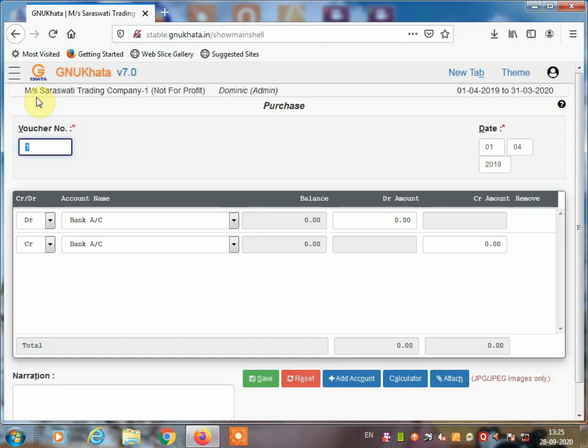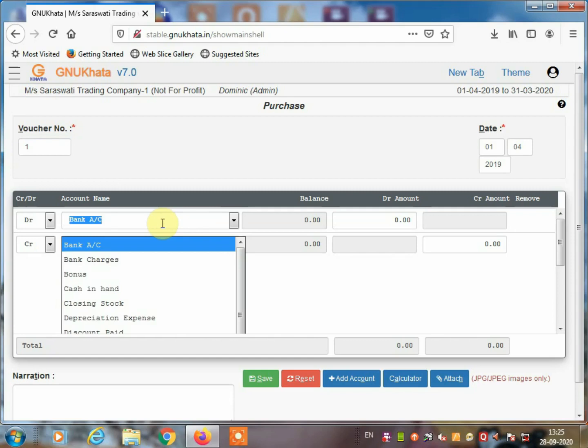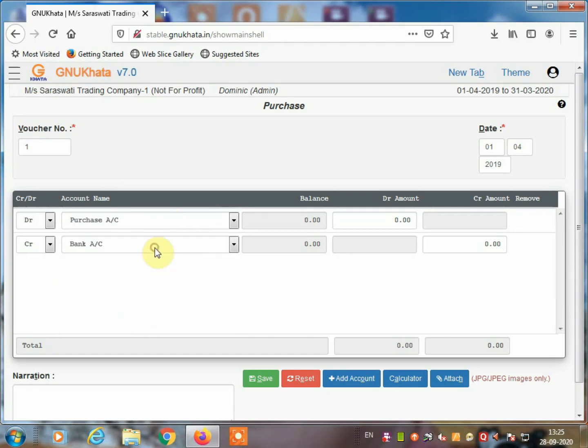Now we'll create purchase vouchers. Purchase goods from Sumit Steel Works on credit. The journal entry for this transaction will be purchase account debit to Sumit Steel Works. So we are going to create the purchase voucher first. The purchase account, 10,000 rupees,